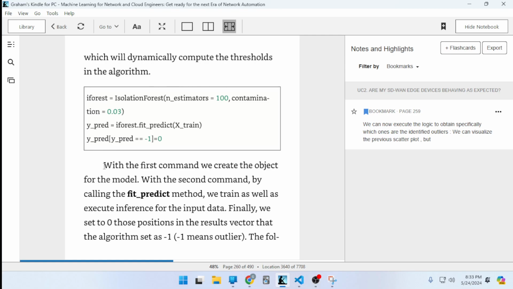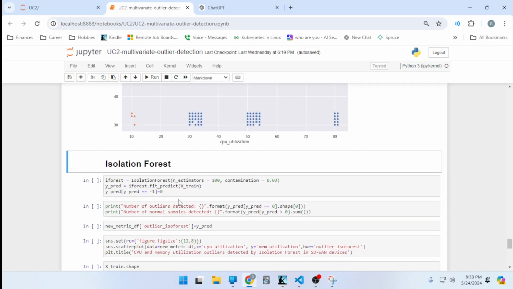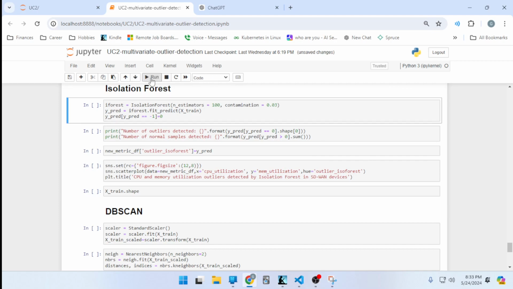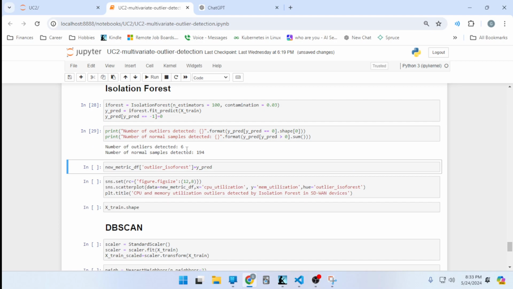All right, so y underscore pred. All right. And we can print it out to see. Sorry, I couldn't find that mute button fast enough. All right, so we got 6 and 194,